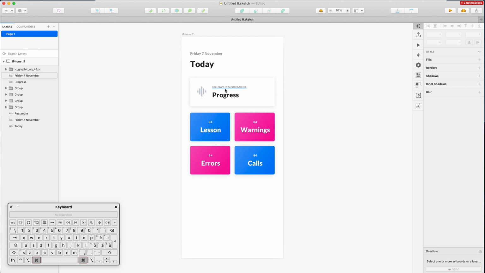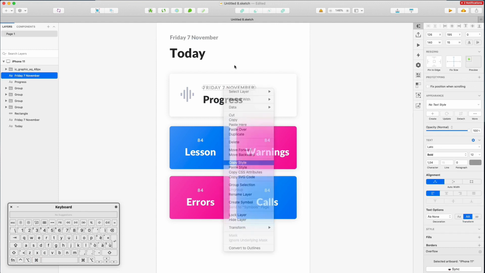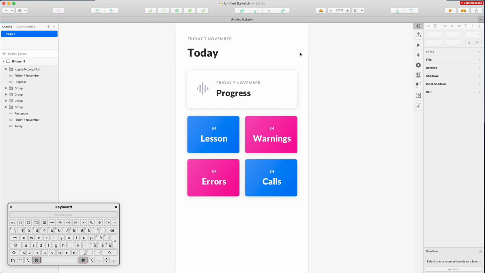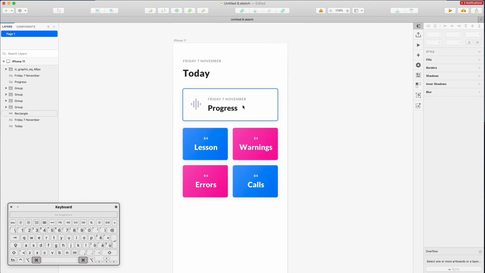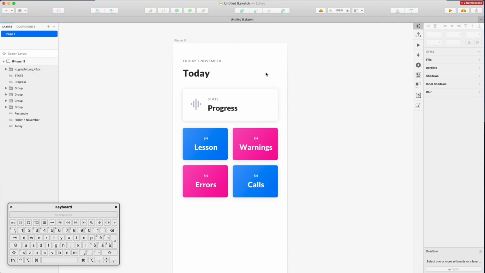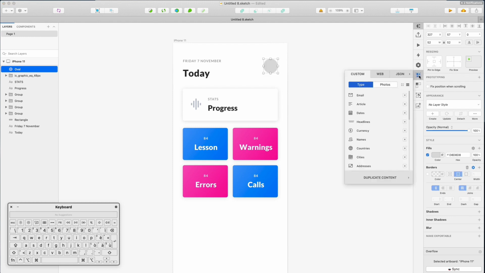Now another thing I want to do is to copy the same style of text as I have here on the top. So I'm just going to copy it right here and paste the style. All right, so we're doing all right. This is going to be changed to stats, and we're also going to add an avatar on the very right. So I'm going to remove the border,